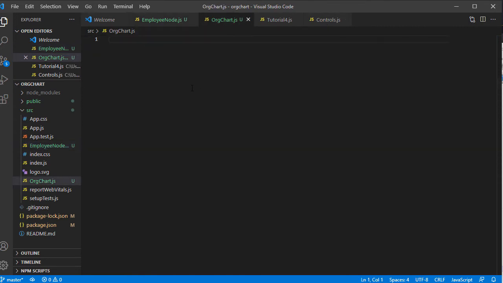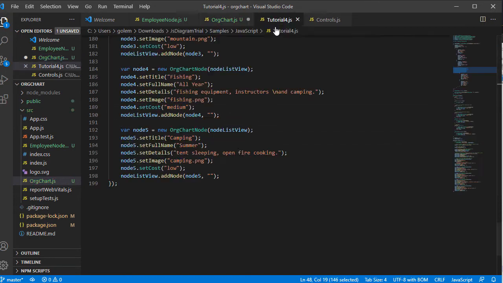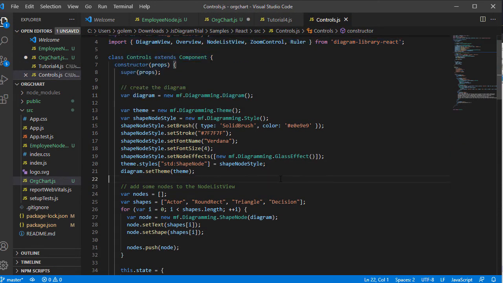Our class will use only the diagram view component for now. We leave the code for creating the diagram. Let's not forget the default export.